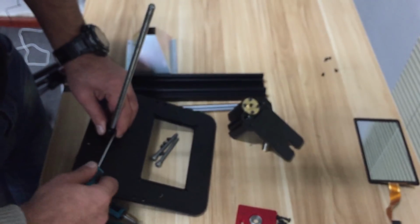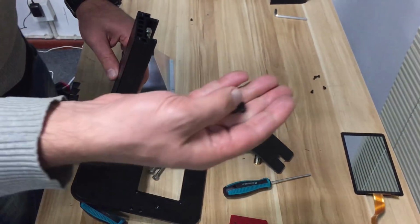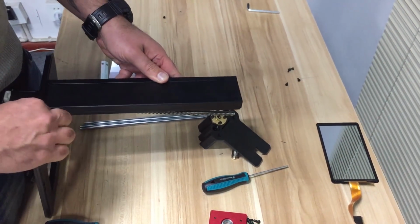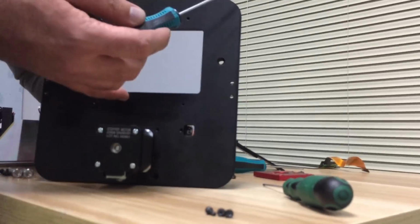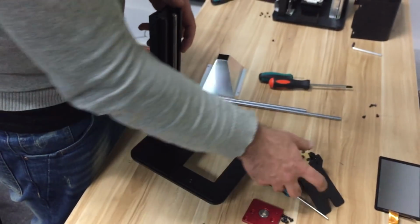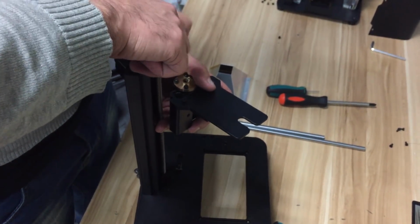Alright, so now we go for the gantry rail, right? So these two bolts with washers. And now again the bearing block, but before that, don't forget, put this first, this spring, and then